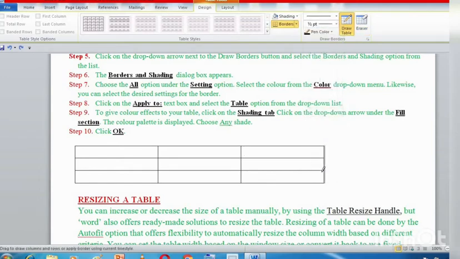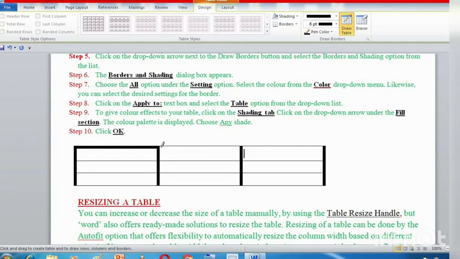I have drawn it and now I want to change the line width. So what is line weight? The line weight is the thickness of the borders. So see, if I want to increase the thickness, I will select that particular thickness and see, I'm drawing it. So this line weight is nothing but the thickness of the border. Wherever you want, you may draw it using the draw borders option.